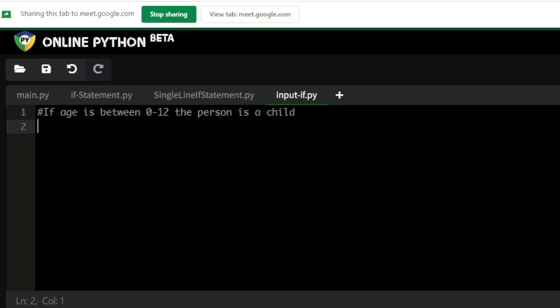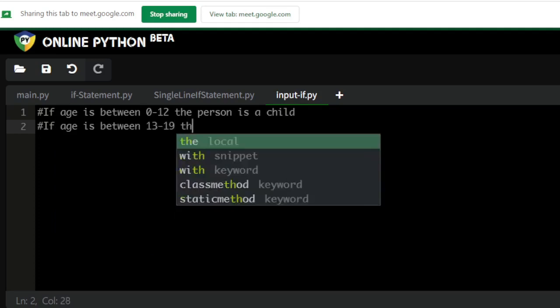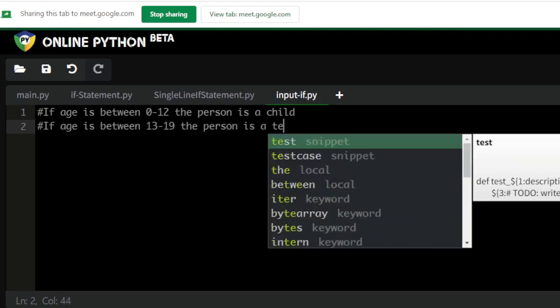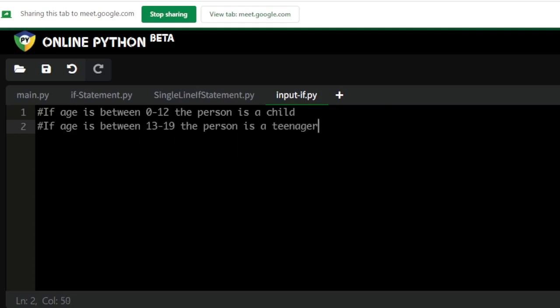But if age is between 13 to 19, the person is a teenager. Because the person's number is 13, 14, 15, 16, 17, 18, 19. Then